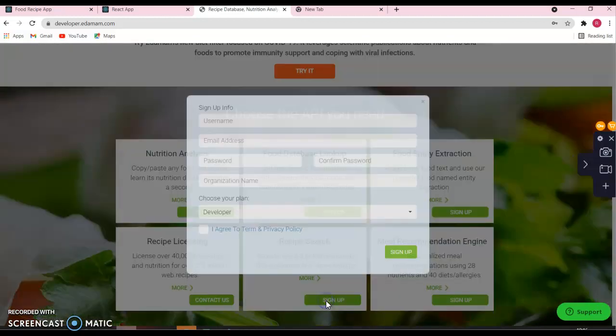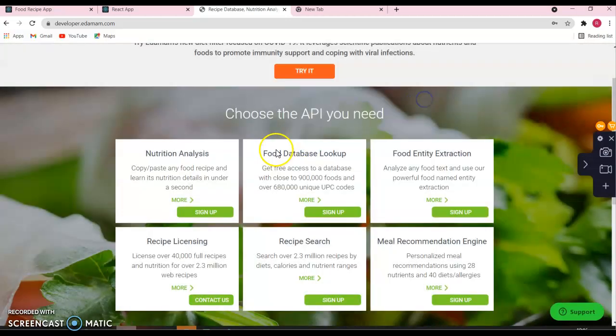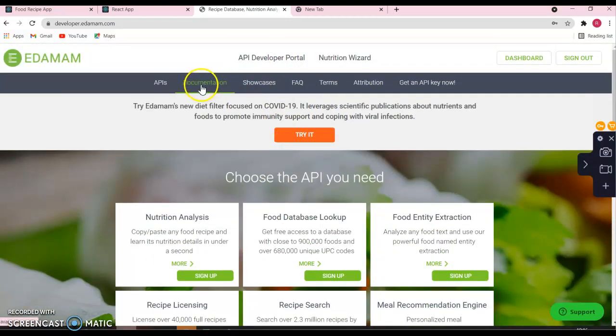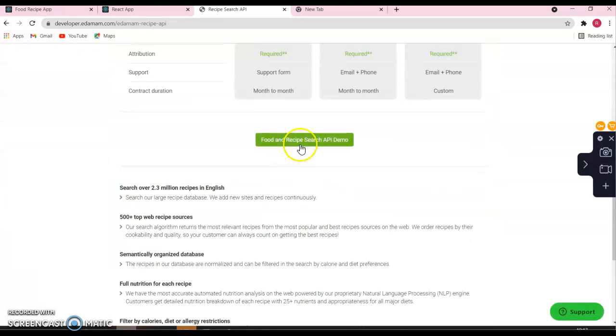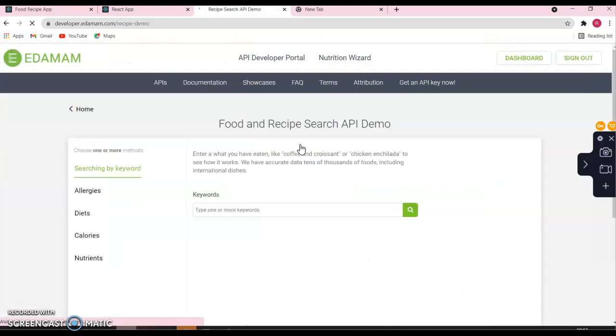So let's pick it up. We already have this one, so we'll use this one, APIs and search API, and here we go, food search recipe API demo, and here we can see that this is the same as before.